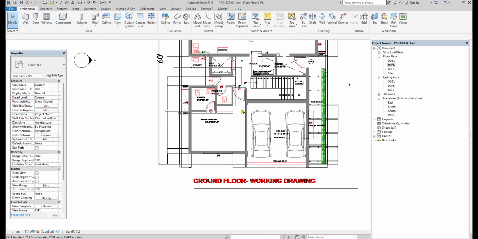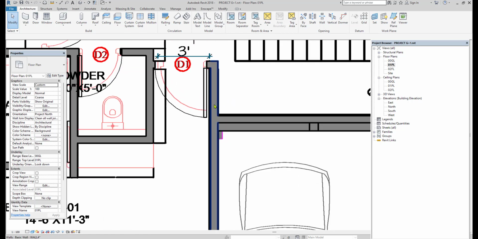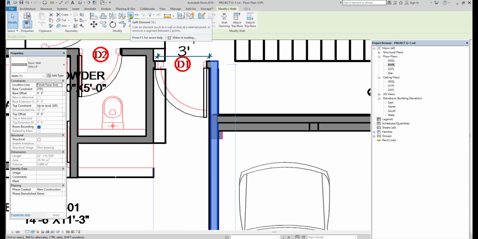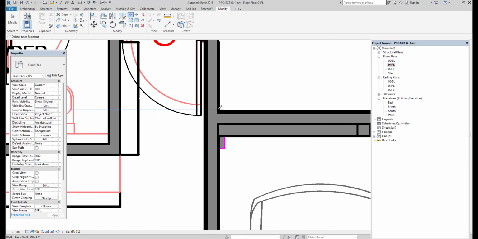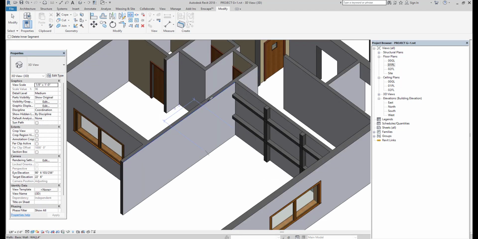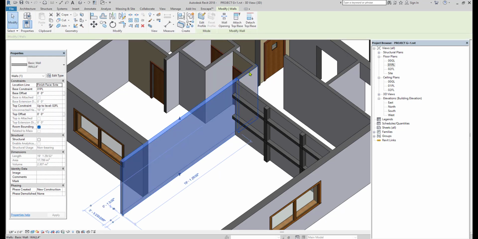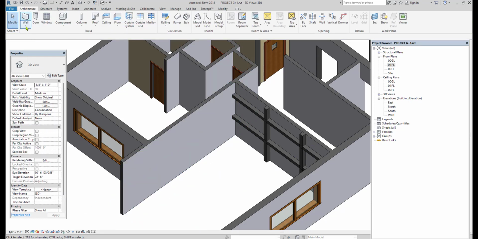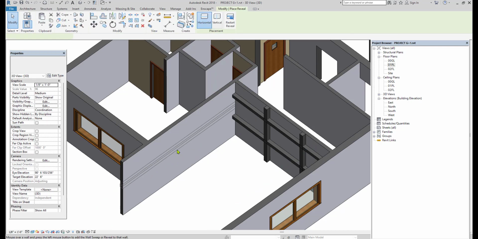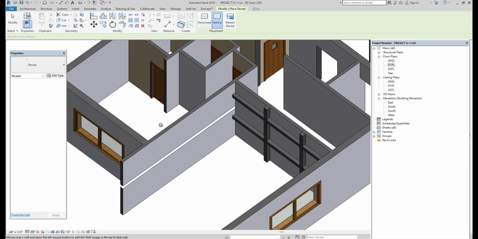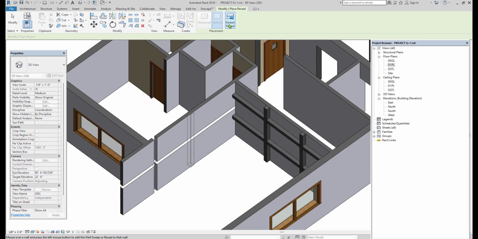Here I want to split the wall, so select the wall, take the split command and split at exactly the point where you want to split it. Here we are getting two walls like this. Now again I am clicking on the wall reveal option, confirm whether you want it horizontal or vertical. Depending on the requirement, you just go on placing it.